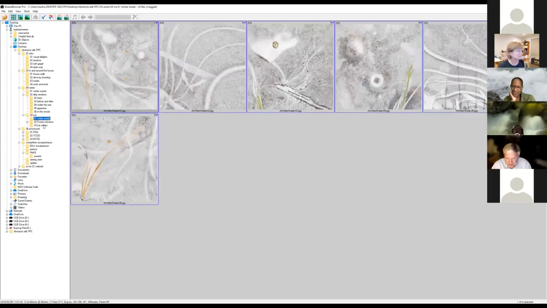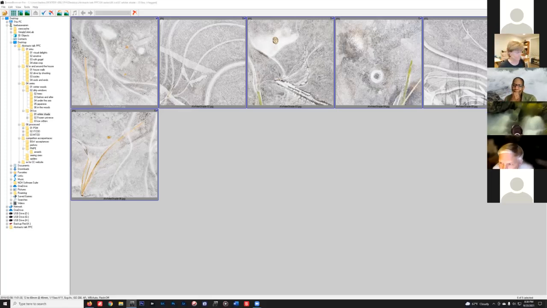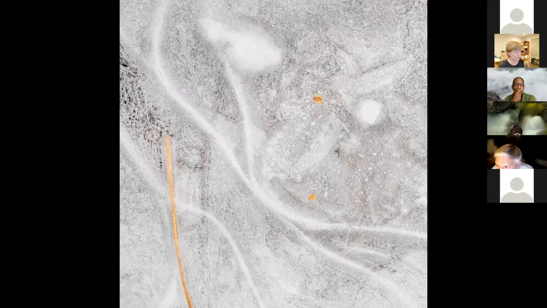This next set is a series of ice pictures, and this group is called a whiter shade. And this actually, are you guys familiar with Seeing in Sixes? This is actually accepted into Seeing in Sixes. Let me give you a look at it. What is Seeing in Sixes? It was a competition that